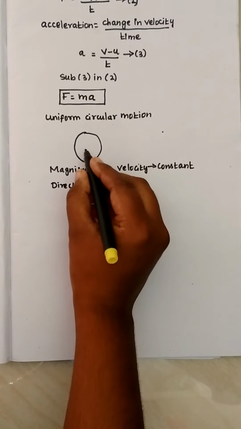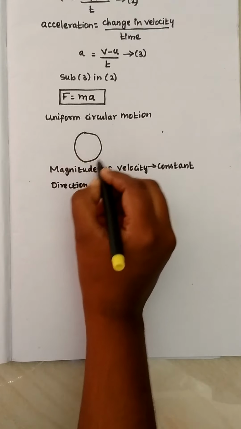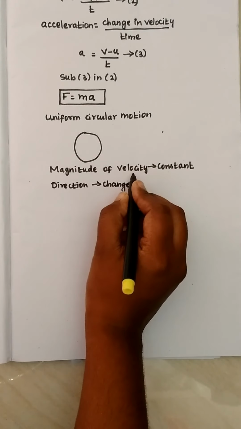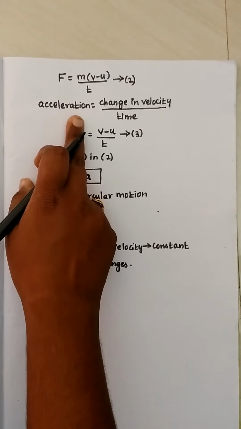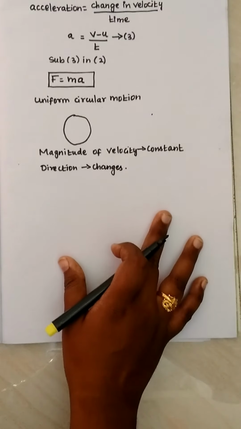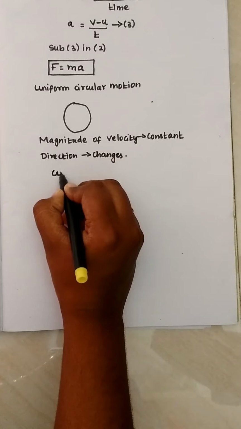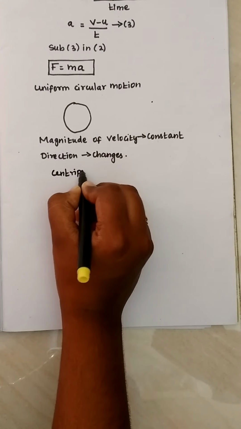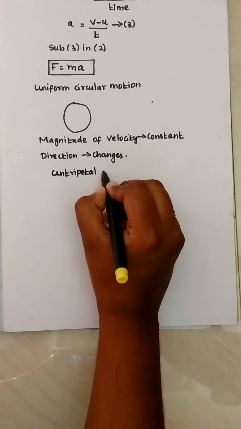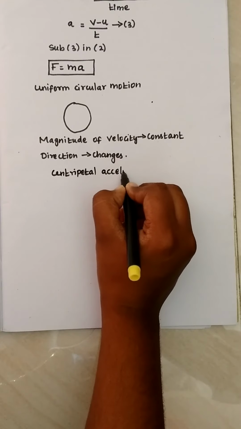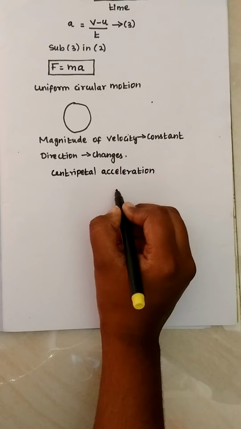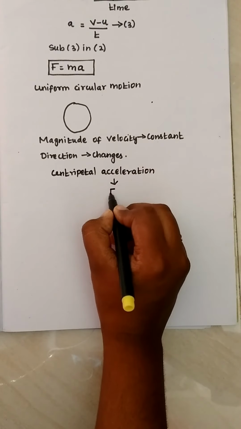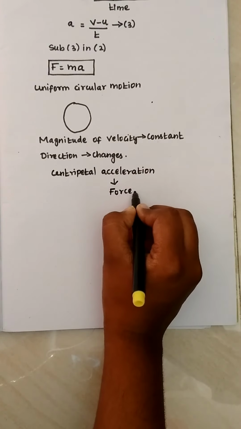So in the condition satisfy achna da we will get uniform circular motion. Okay, so such type of object circular motion la irukkumbodhum there will be a change in velocity. Appo change in velocity na acceleration will be created. So in this case this acceleration is called as centripetal acceleration. அதாவது ஒரு object circular motionல இருக்கப்ப create ஆகிற acceleration is centripetal acceleration. The corresponding force is called as centripetal force.